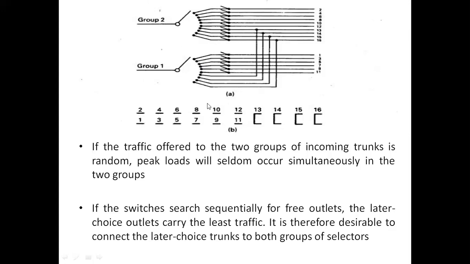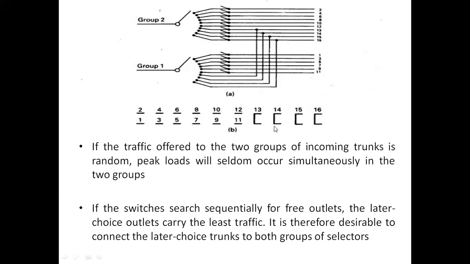In this diagram, we are going to write the dashes, which is equivalent to the number of outlets per switch. The number of rows that we are writing is equal to the group of switches we have. In this case, we have two groups of switches or selectors. Each one has 10 outlets. Out of which, how many are we combining?